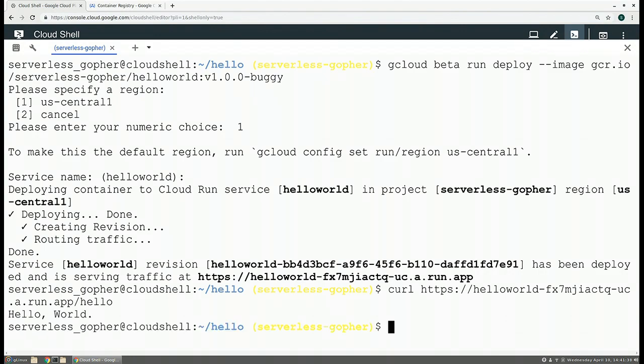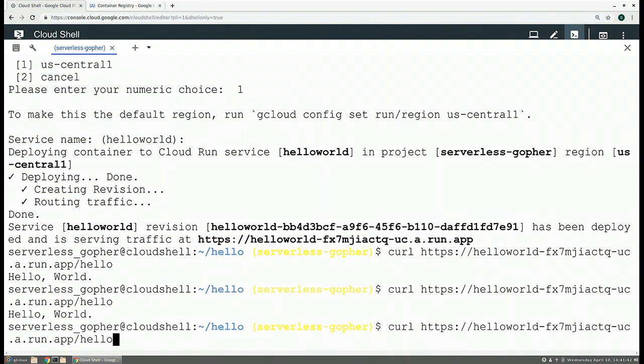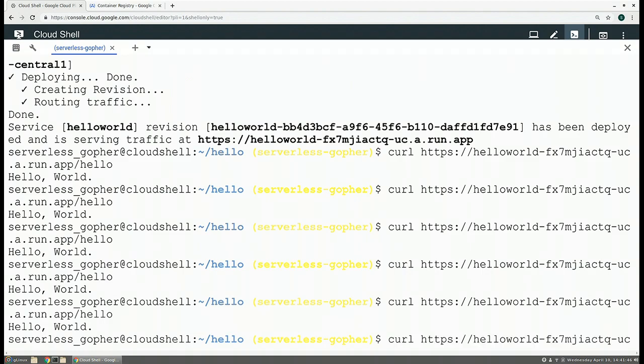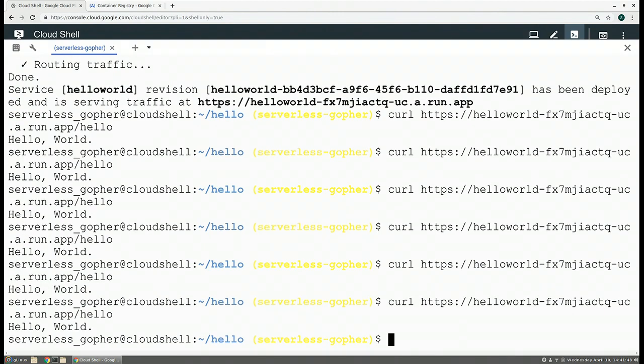Cool. We're still getting hello world. Everything is still working. No obvious bugs, at least from this perspective. That one took a little bit longer. So one option, we could send a few thousand curl requests and we could go home at some time around